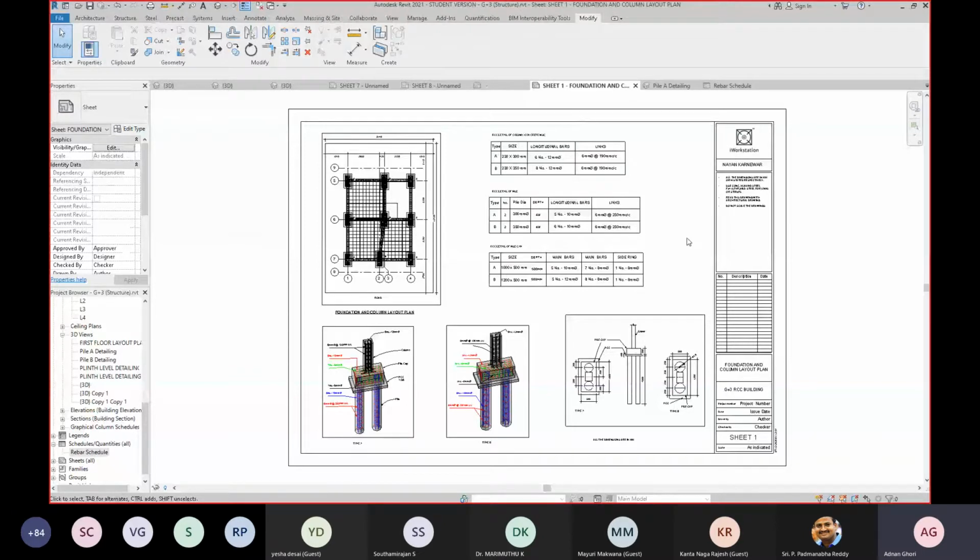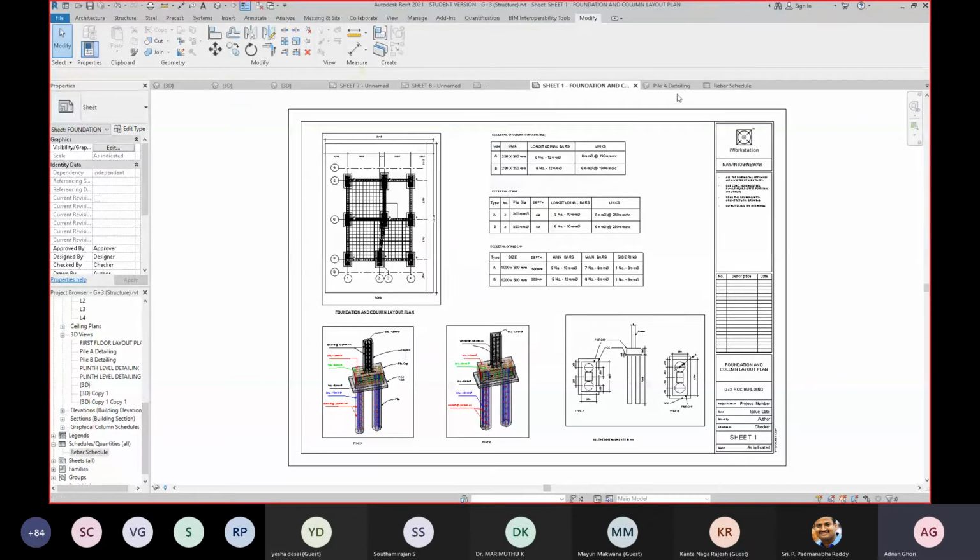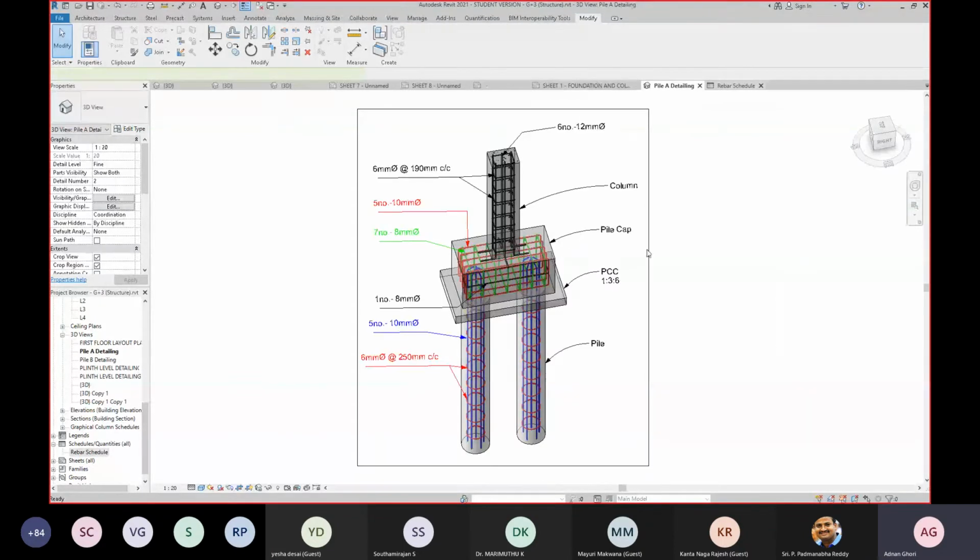You can check and change the units to any other units you want to. You can define the symbol as well. Put meter here. If I put feet and fractional inches, or millimeters, you have mm here. So that's the reason we have converted the rebar schedule.